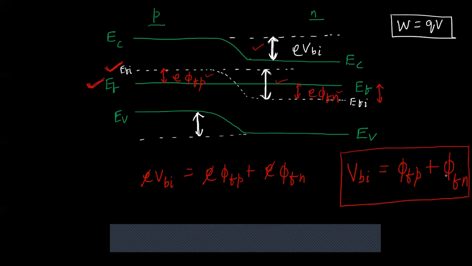Then we will use the mathematical formulae that we have already obtained. So finally I'm going to write VBI, which is our built-in potential, and we want to write it mathematically. What are the functions that we are going to see? This can be written as the magnitude of phi Fn, because I showed you that it is the same thing.